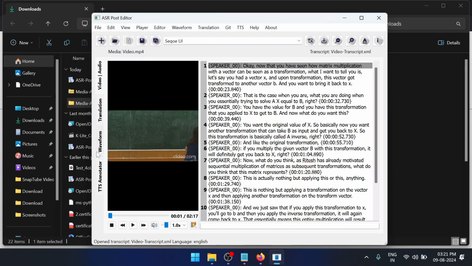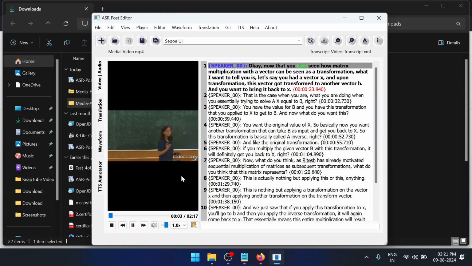After that, we can see that the corresponding file is loaded. Now if I try to play this media file, we can see that